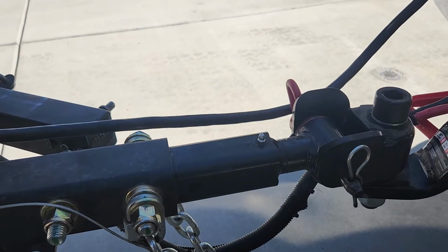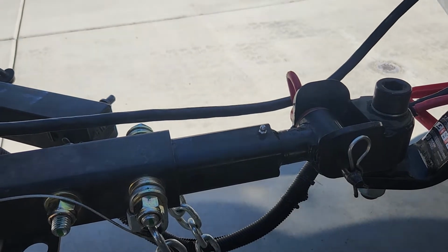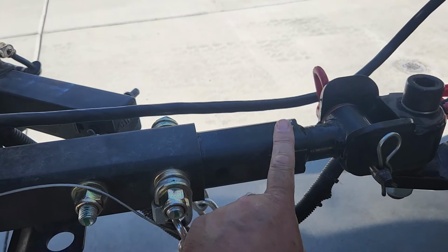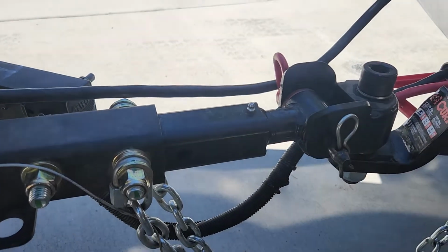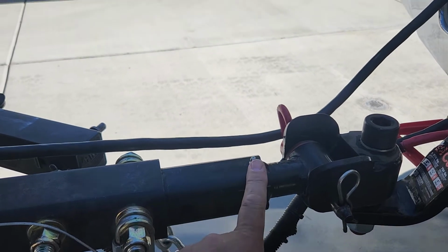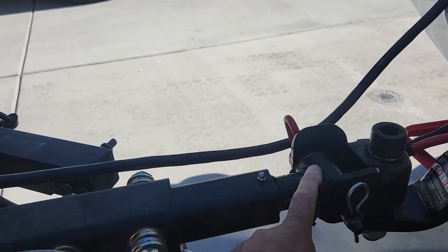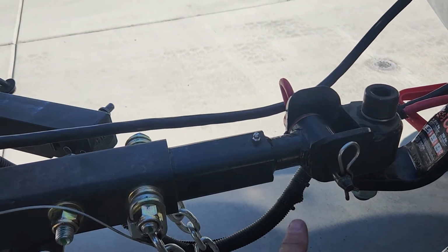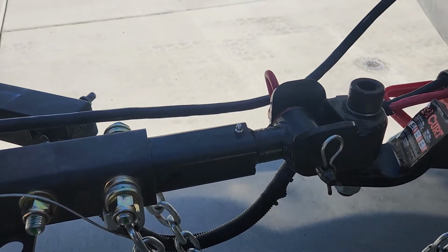I don't listen to the forums, I don't listen to what people think. I'm just telling you, you can't over grease this. When you put in the proper grease, I use a red grease, a Chevron grease. I know people use Lucas. Keep this greased. This is what's going to be for smooth operation, never worrying about this Max coupler binding or